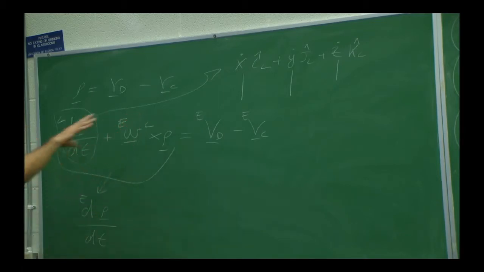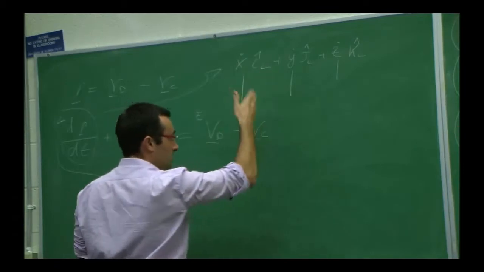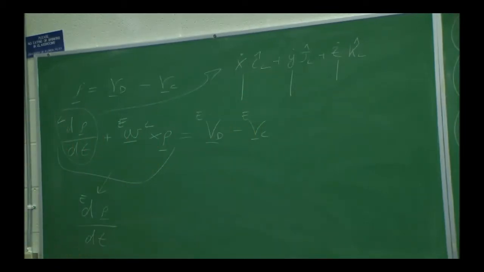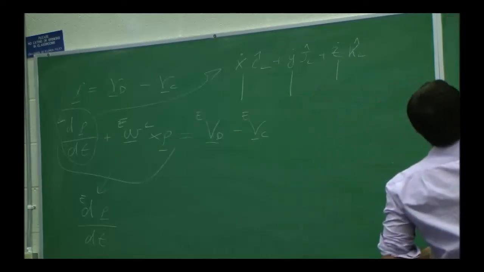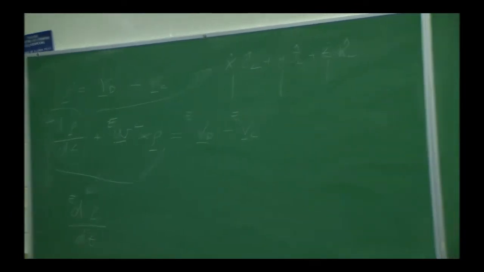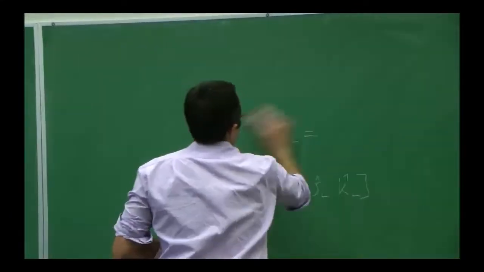And again, this is valid. I removed the 0 at this point, as you can see. What I'm doing is valid at any time. So in other words, that procedure finds the x, y, and z in LVLH at time 0 or any other time. This is going to find the x dot, y dot, and z dot, where x, y, and z are coordinates in LVLH at any time. And that's exactly what the software is going to show you. And that's the homework that you have to complete.